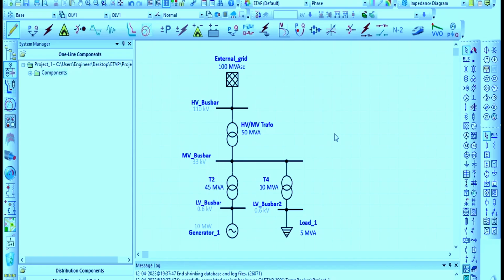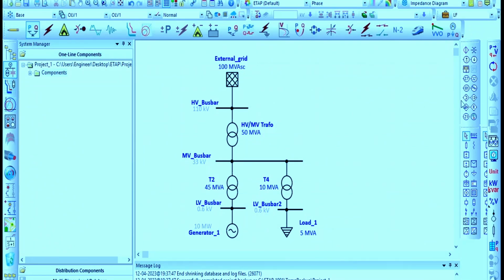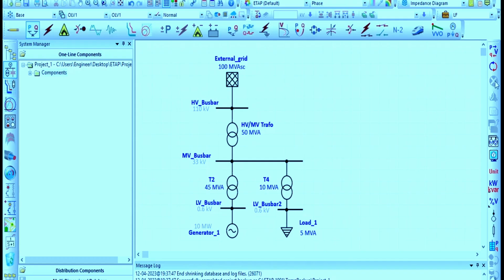So to perform the first load flow, you go to the PQ here, which says for the load flow, and it says switch the current presentation to load flow analysis mode, which means that automatically, if we click that, we'll see here on the right side that we have a lot of icons. But before performing the load flow, before performing any analysis that is included here in this toolbar, whatever we perform here,